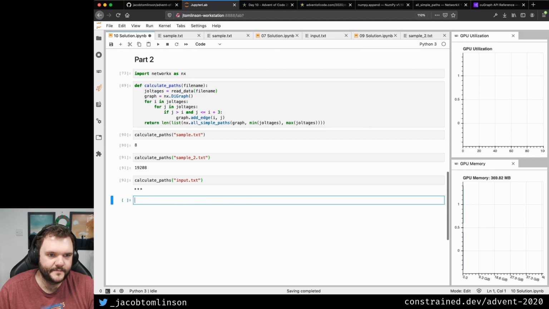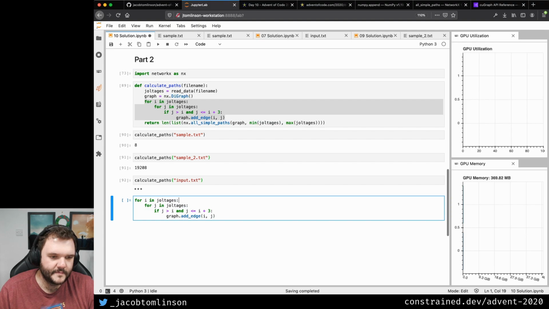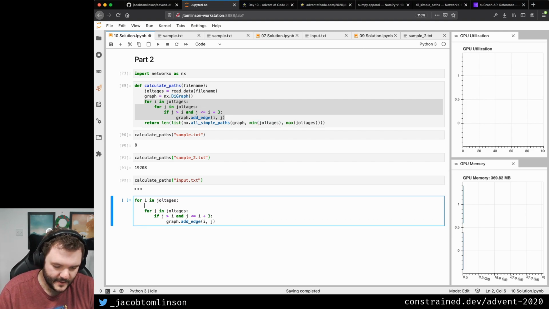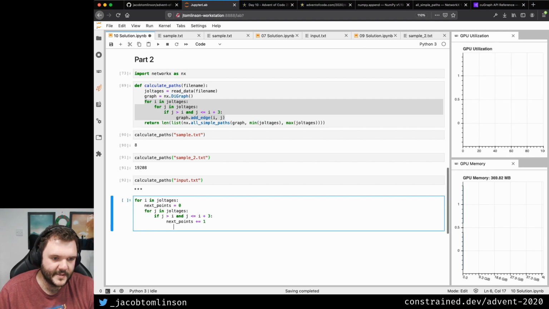If we just do basically this, for this and this, I in joltages, for J in joltages, if I want a number, I want a counter, right? So for I in joltages, we can have next points equal to 0, and if that is there, next points plus equals 1. So then what we want to do is have like a